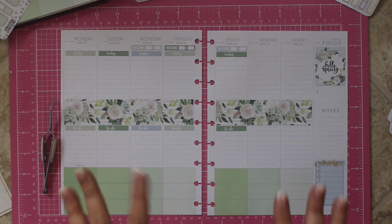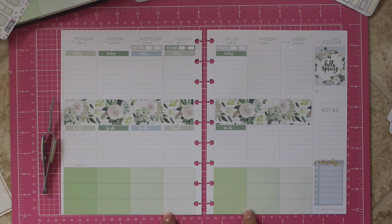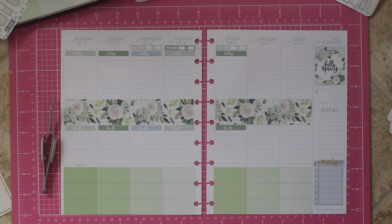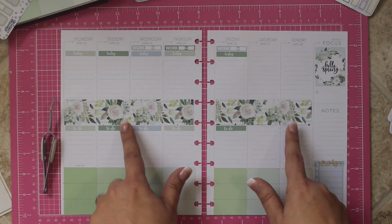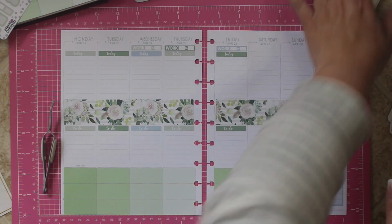So what I do with this is I put the washi tape in the middle to kind of divide my days. This is a spring break week, so we don't have anything major going on except for on this Tuesday. So I feel like I can use the washi and it's more decorative, and I prefer the washi to the full boxes because I feel like I can put something on top of this if I really want to. Now, I need to finish my sidebar, but this is probably all I can use in the kit